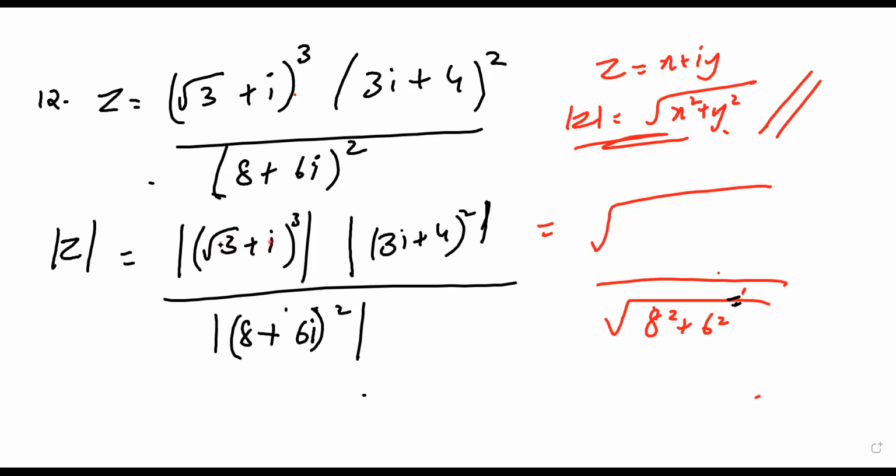1. 3 plus 1 is 4. Correct? 3 plus 1 is what? 4. That 4 I have to do root here. I think everyone understood this thing. Did everyone understand what I'm trying to tell? Is there anyone who did not understand this step? How I got 4? Please let me know who did not understand this step.